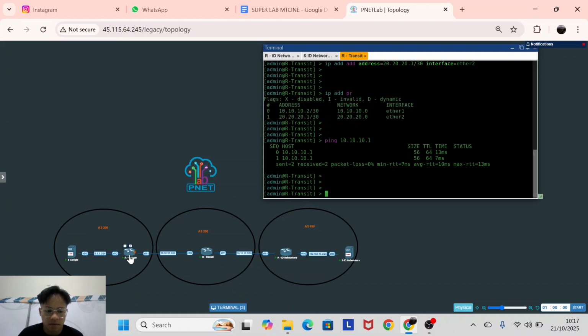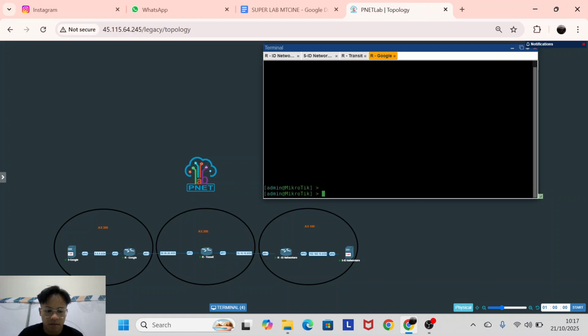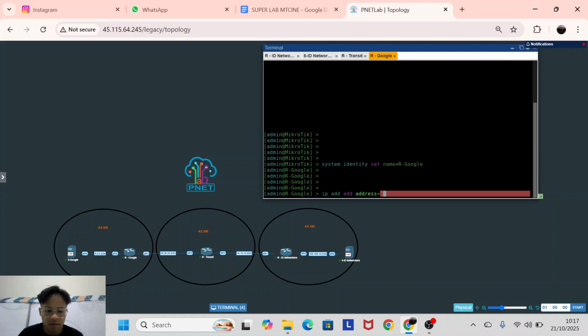Now I will do a basic configuration on the Google router. I give it the name R Google. Address for ether1 connects to transit, so give me 20.20.20.2/30, interface ether1.